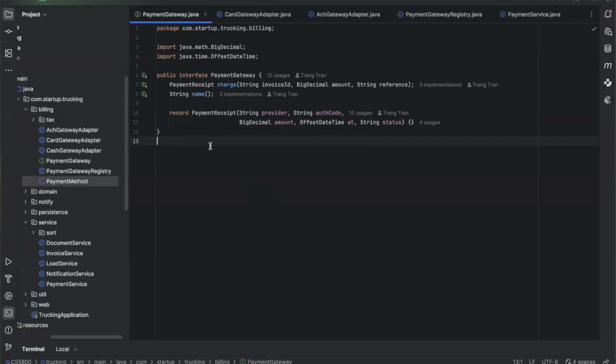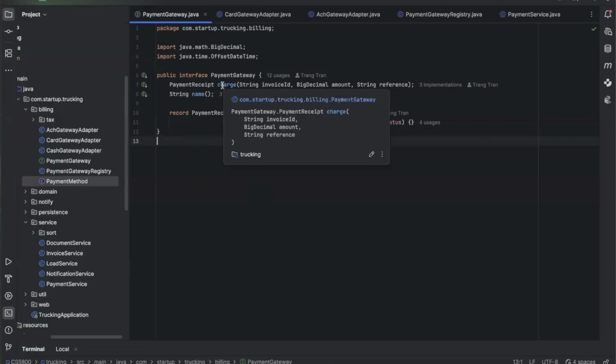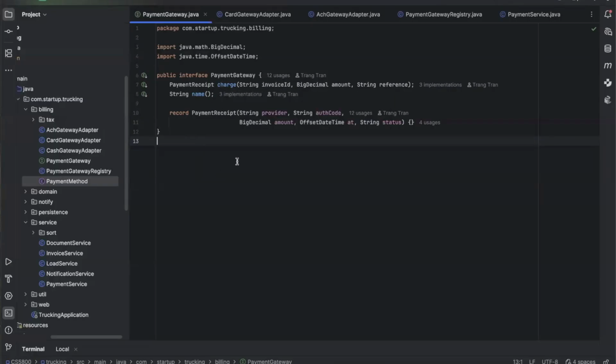This tells the user which payment method this gateway supports, like whether it's a card, ACH, cash, or check payment method. And then we have the charge method. It is the unified operation. It will take in invoice ID, pay amount, and reference string, and it will return a payment receipt with a